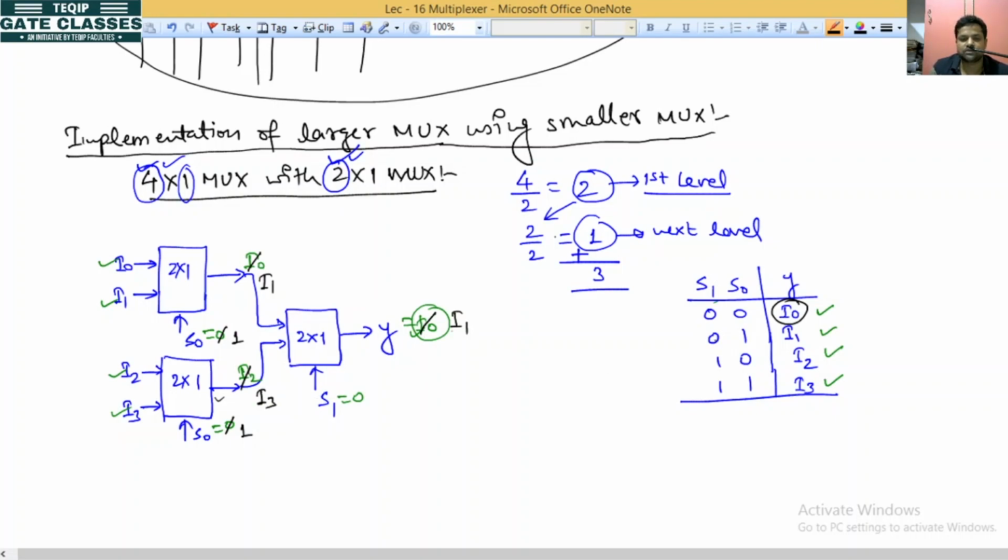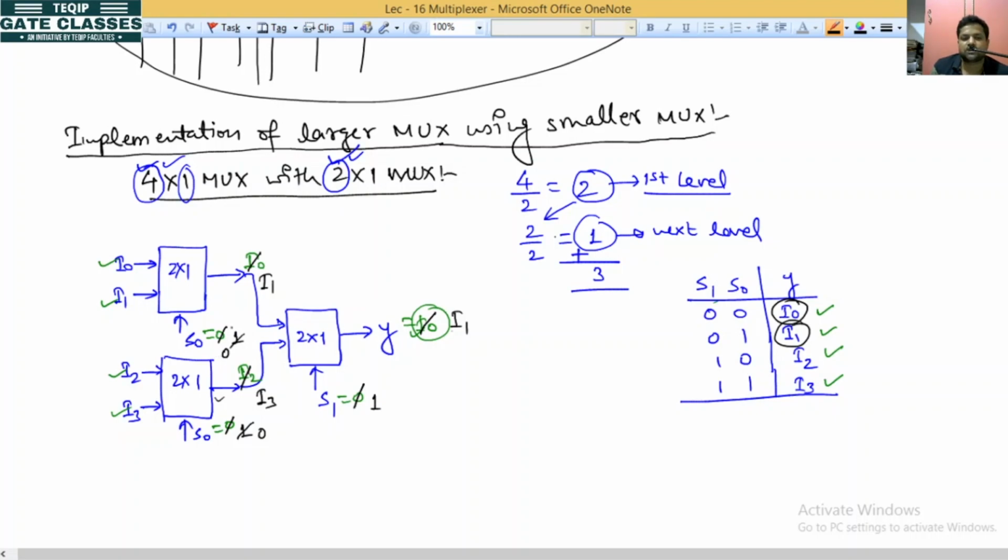So in this case, when we have S1 0, S0 1, we have output as I1. It is also verified. Okay na? Now for the next, S1 is 1, S0 is 0. Now go for this. If it is this,